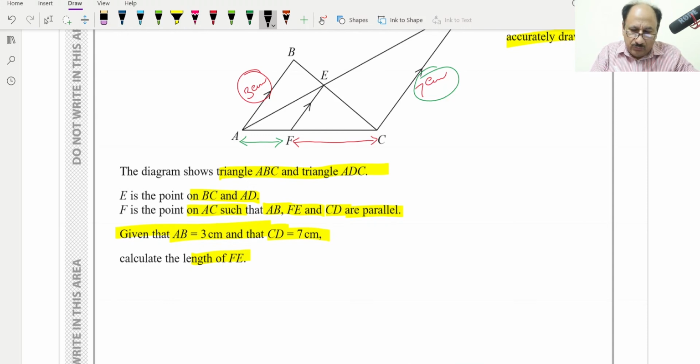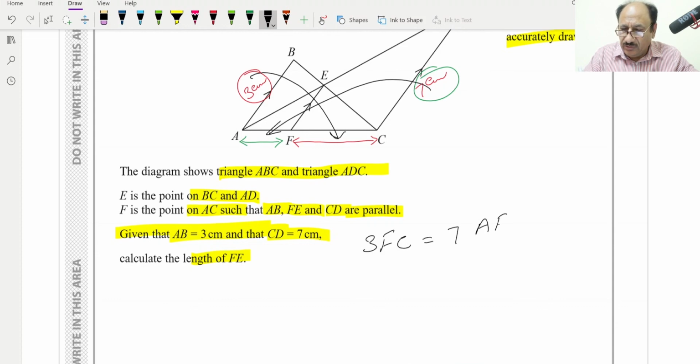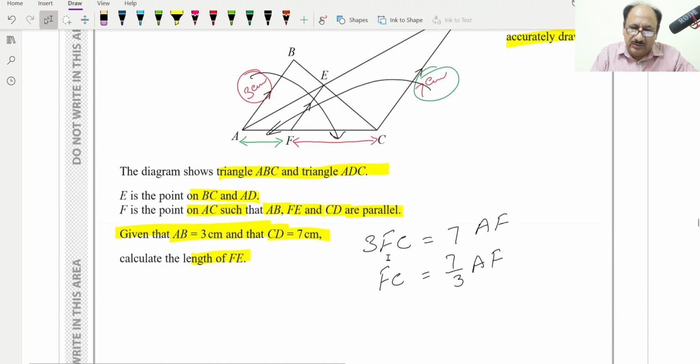The first equation I'm writing is 3FC, 3 multiplied by this length. So 3FC is equal to 7 multiplied by AF, and from this one we can calculate FC. I'm shifting 3 to the other side, it will be 7 by 3 AF. So this is one equation which I have written, and the second equation which we can write is FE